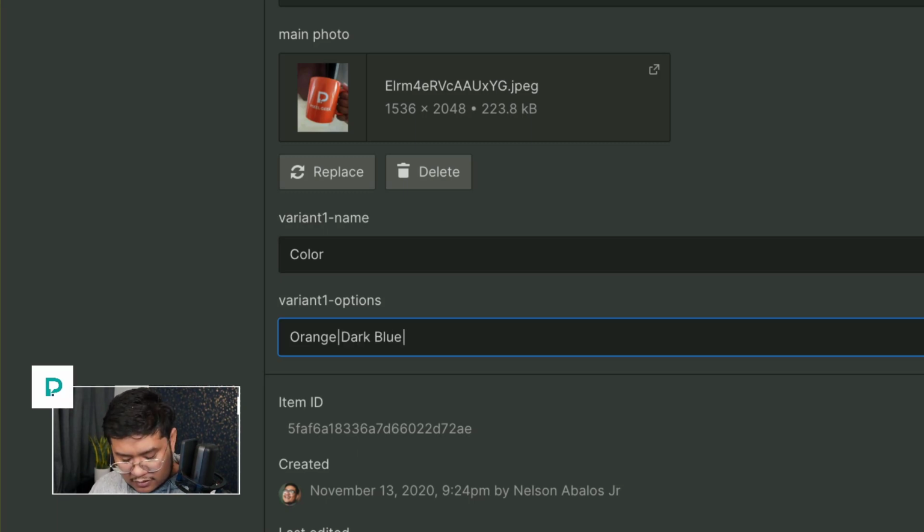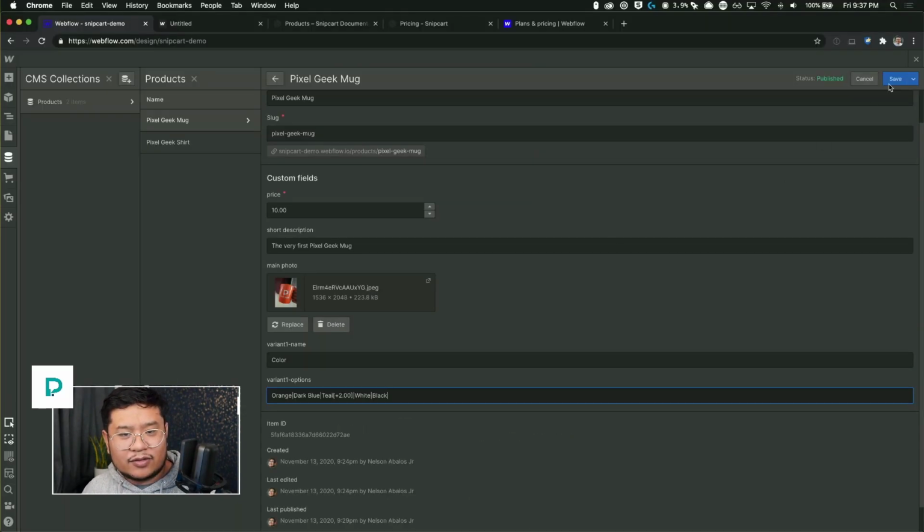And then, what color is my... It's like a teal, right? Ish, cyan. And we'll just say the teal one costs extra, so I'm going to add an extra $2 to it. And then white, black. All right, and now save.